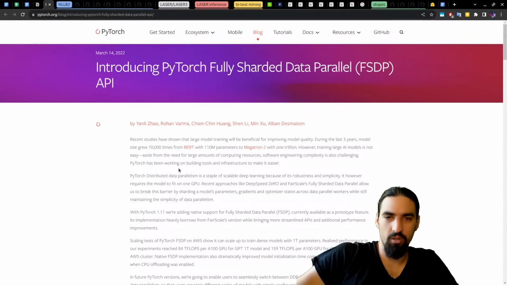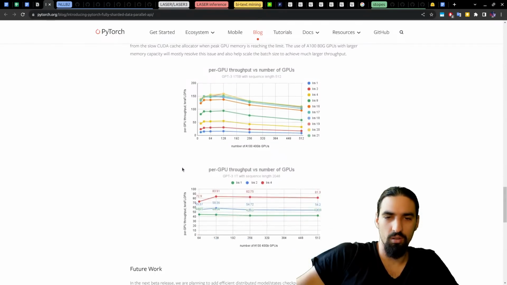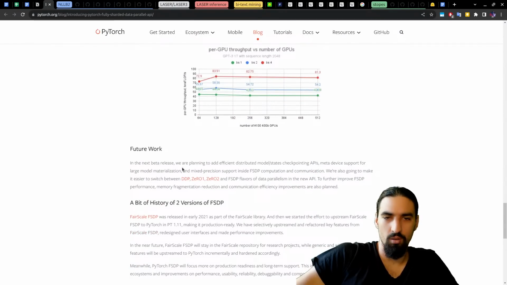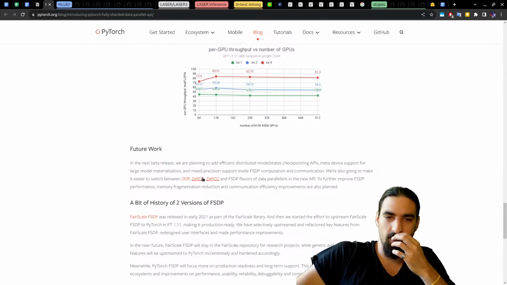Let's see whether anything interesting is said here. We're also going to make it easier to switch between DDP, ZeRO-1 and ZeRO-2, and FSDP flavors of data parallelism in the new API. So they are supporting Microsoft's implementations as well.